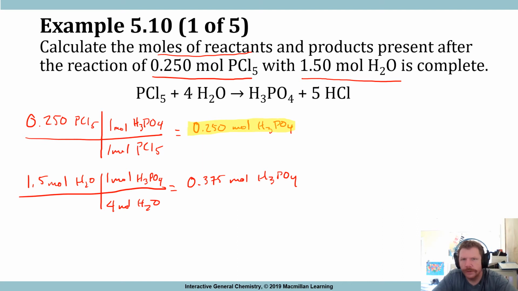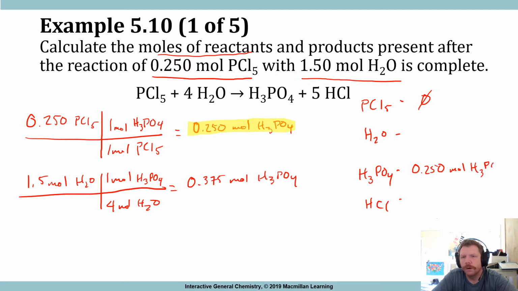Okay, so we'll set up PCl5, H2O, H3PO4, and HCl. Okay, so PCl5, we know that none of that is going to be left. That is completely consumed. After the reaction has come to completion, we also know that 0.250 moles of H3PO4 have been produced. Did we have any H3PO4 to start out with? No, we didn't. Okay, the next thing that we want to do is set up, well, we can scribble this out because we don't care about that,